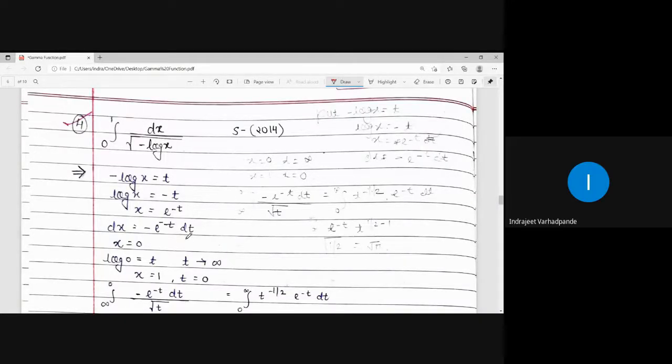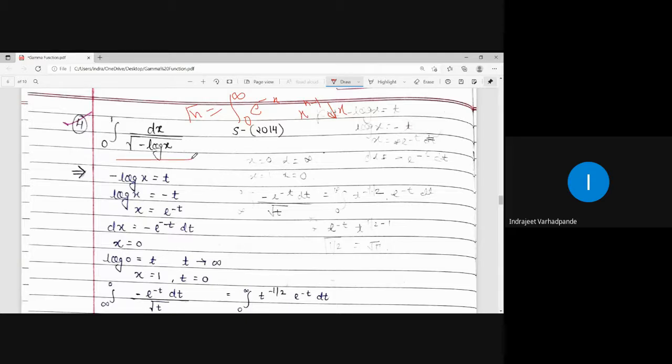Next few more examples related to the definition of the gamma function. As we know, gamma n is defined as integral 0 to infinity e to the power minus x into x to the power n minus 1 dx, or in place of that you can have any of the variable and we can simplify. The other example which was once asked in the university examination, integral 0 to 1 dx upon under root of